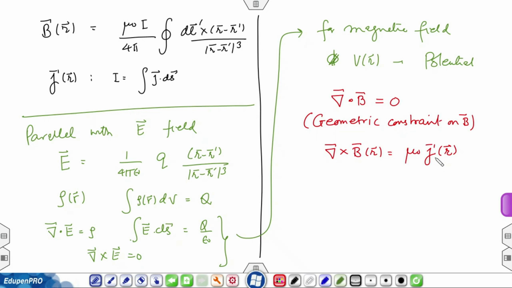So, this relates the production of B through current density. Then corresponding to V(r), we are going to have a vector potential A(r). In this case, the potential is not scalar, but it is a vector potential because of this divergence. So, these are going to be my equations for the magnetic field,